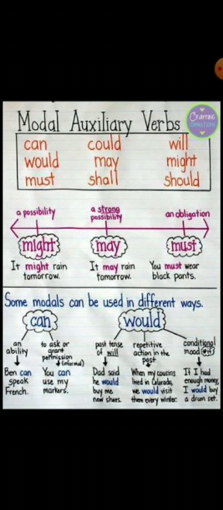Chapter number 2. We have already discussed tense. Before starting this chapter, I want to tell you the definition of verb, kinds of verb, auxiliary verb, primary auxiliary. These are some terms which will be very helpful. First of all, I am going to tell you what is a verb.